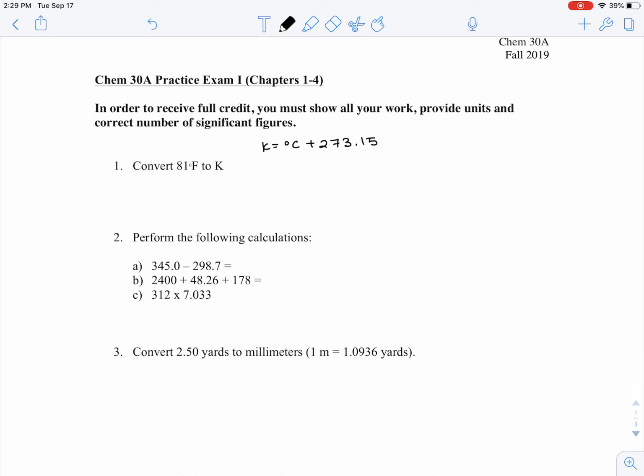However, I can go from Celsius to Kelvin, so I just need to convert from Fahrenheit to Celsius. So I have my first step and then my second step. My equation converting from Fahrenheit to Celsius is Fahrenheit minus 32 divided by 1.8, which is 81 minus 32 divided by 1.8, and that equals